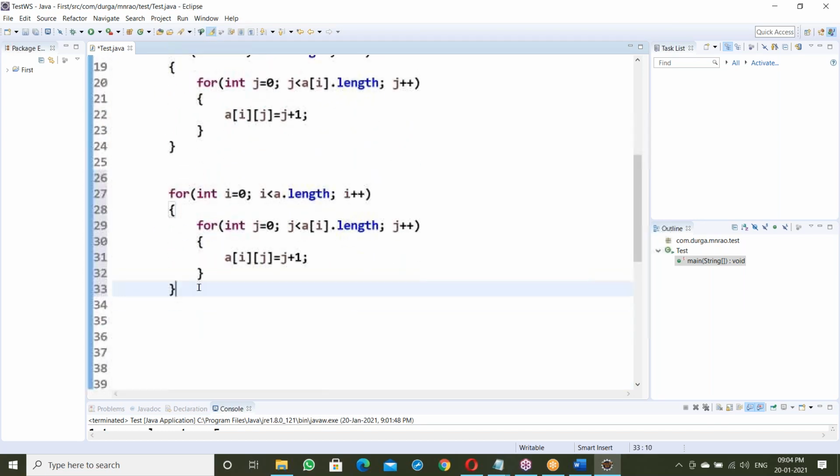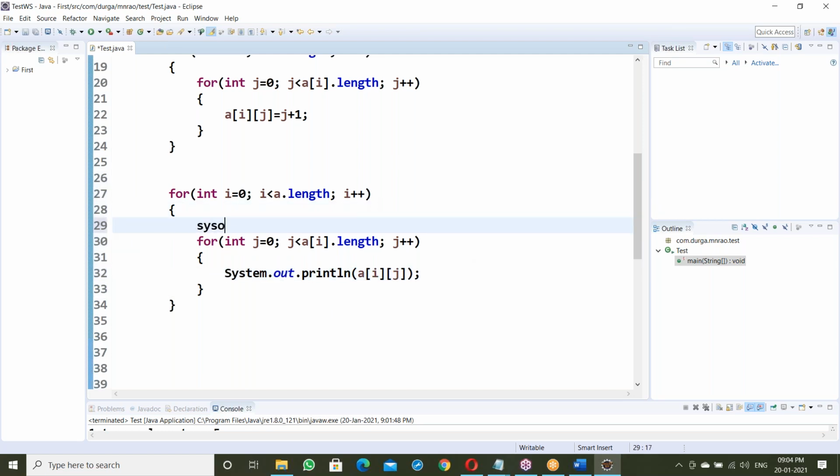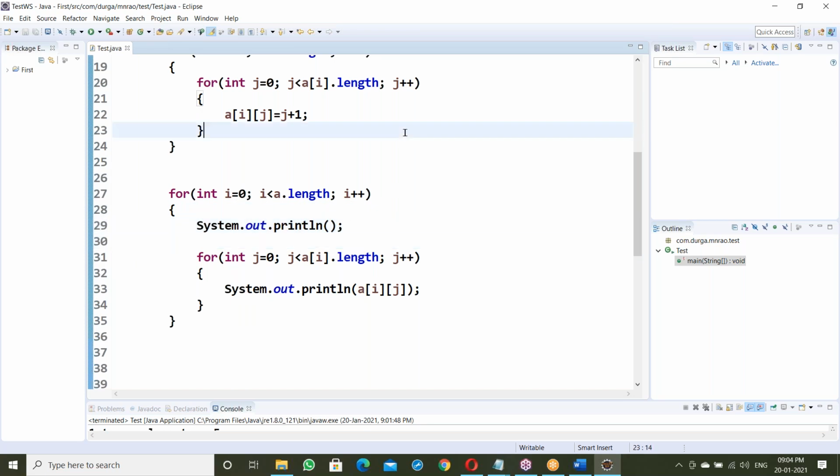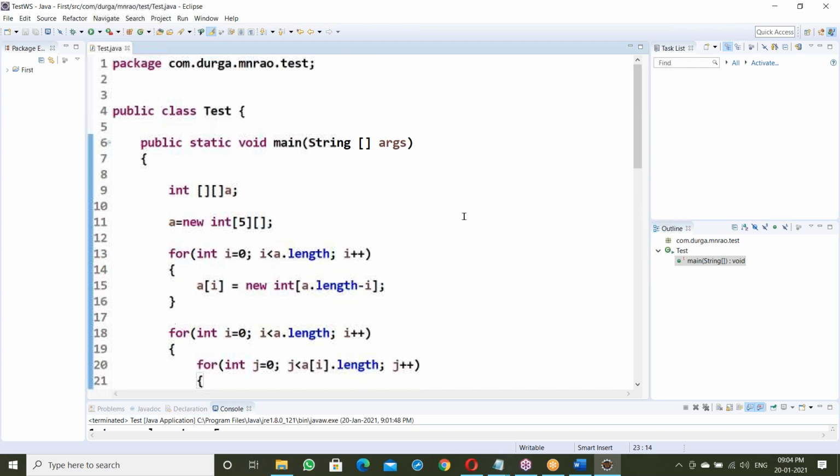System dot out dot println. A of I of J has to display here. Next system dot out dot println. That's it.